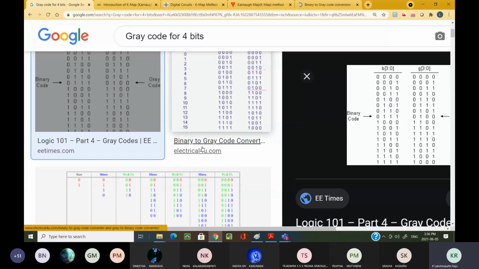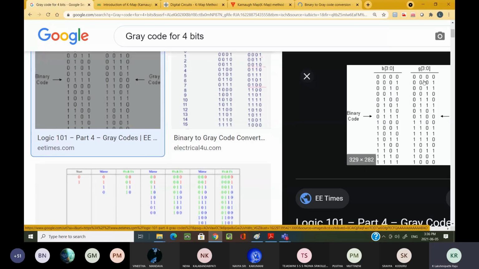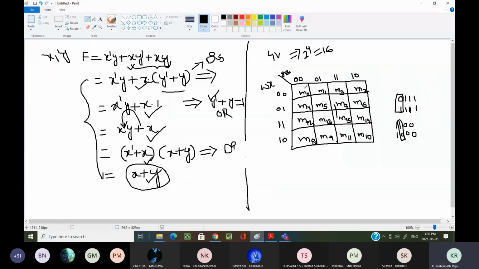It looks small. Now see here: 0 0 0 0, 0 0 1, 0 1 1, 0 1 0. What are these cell values? See here, that is what we have written: 0 0 0. Okay, I can write the values 0 0 0. What is the next value? 0 0 1. What is the next value?